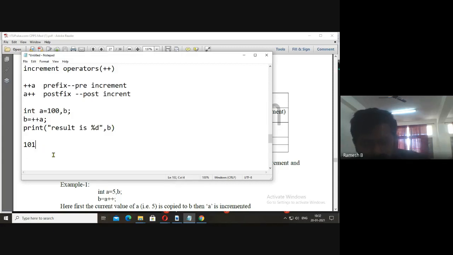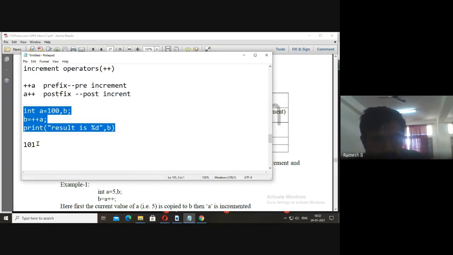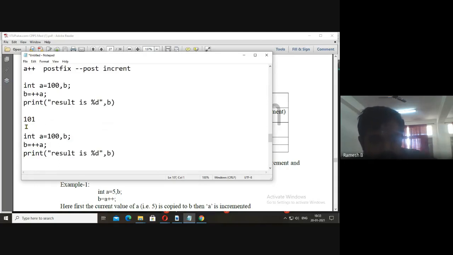Similarly, I'll copy this, come down, and paste here. If it is post-increment, a plus plus, now the value of a will be assigned to b.